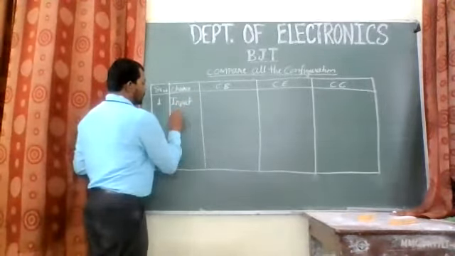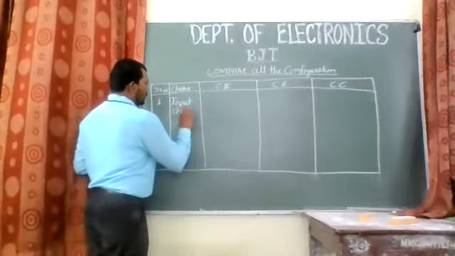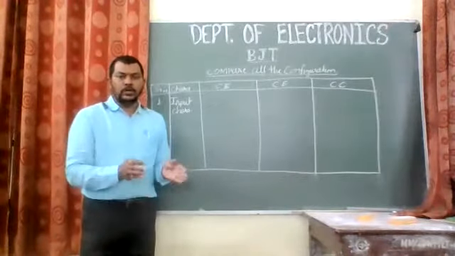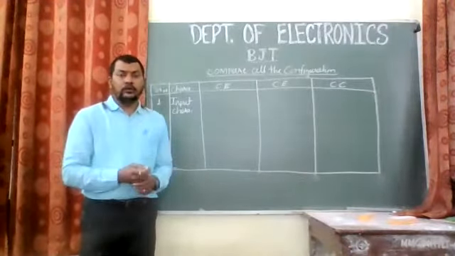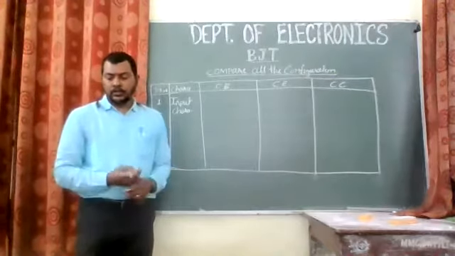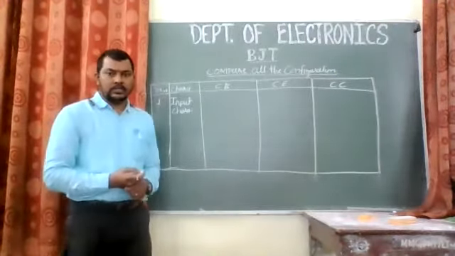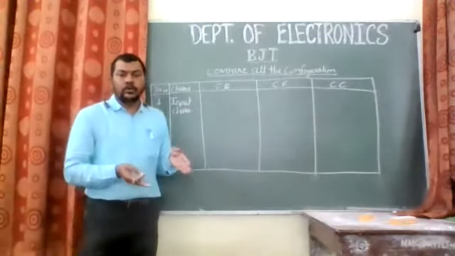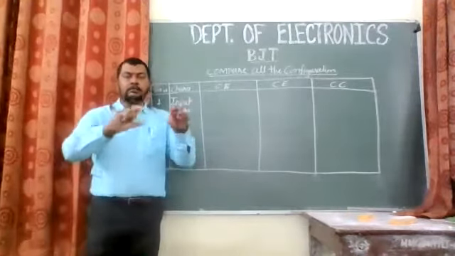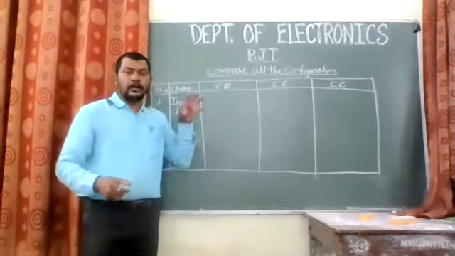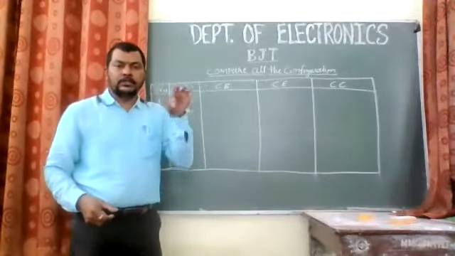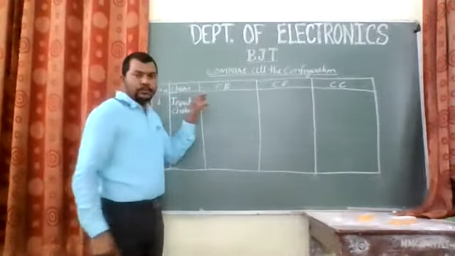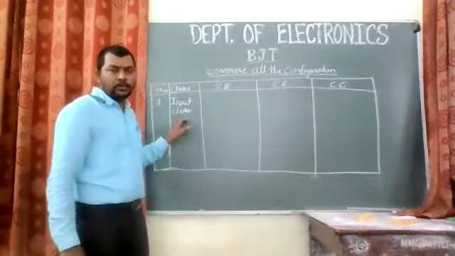Input characteristics is nothing but the input resistance, right? So what should be the input resistance? What value should it have so that it is the best configuration? The input impedance or input resistance of a circuit is the resistance looking from the input side, so that it can be matched, right? Whenever we need to connect an input device to this amplifier, this V in, the input voltage, that device should be connected properly, and for that we require some input resistance over there.